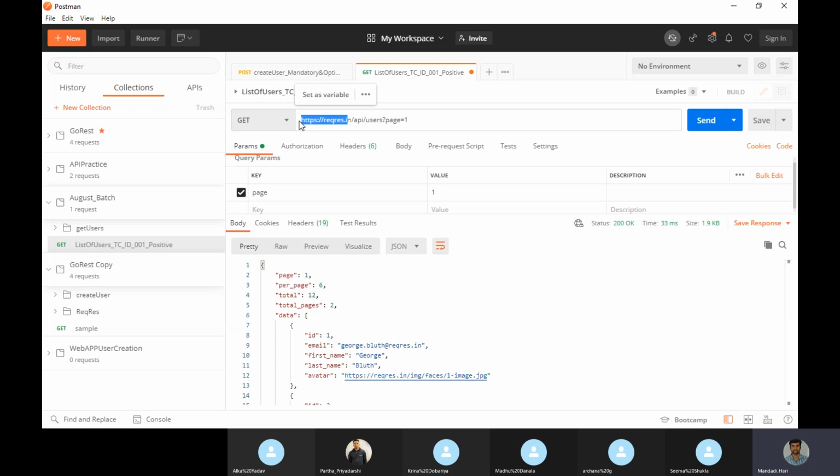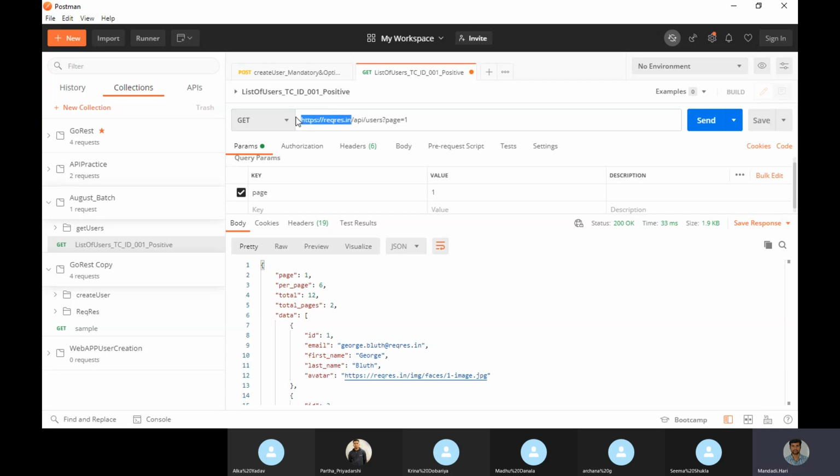Because today the environment is this one, suppose development or QA environment. Tomorrow they may ask us to execute in some stage environment or something else. The names are different, but whatever they ask us to do, we need to do. That's why we need to keep this in the environment variables. This URL should come from there.